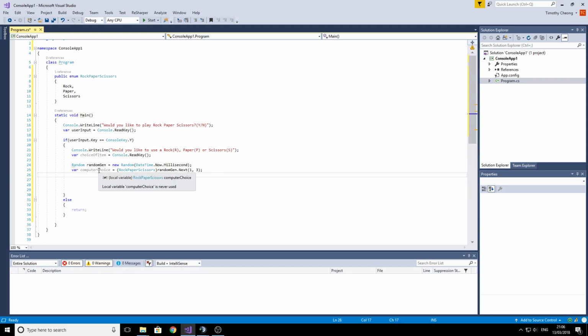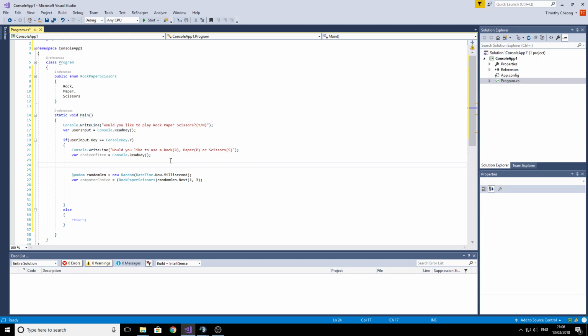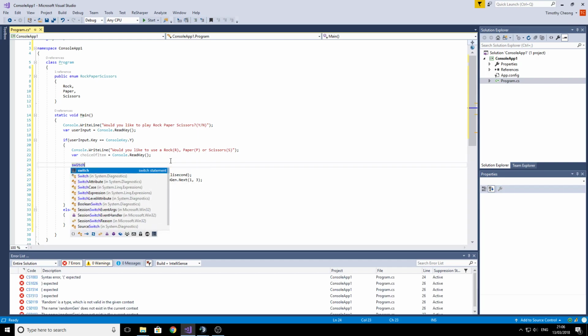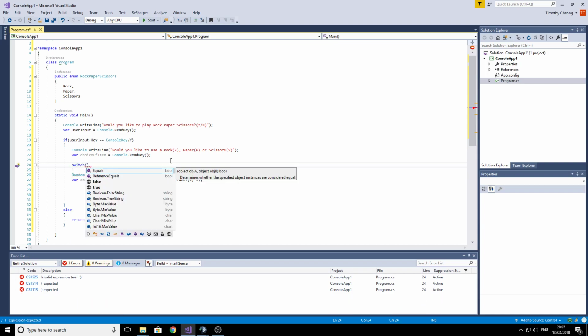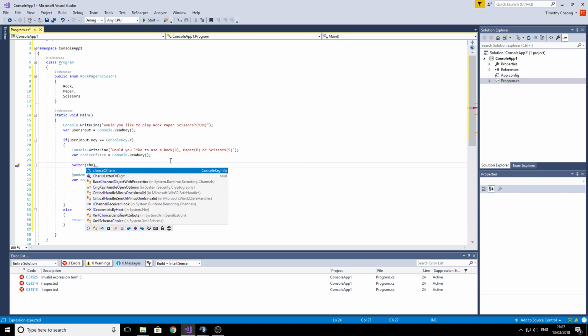So now instead of this being enter, you can see it's now rock, paper, scissors, and then we can do the same for the player eventually once we've converted from what they've typed as rock, paper, scissors into another version of the rock, paper, scissors enumeration. So to do that, we can use what's known as a switch statement. So we can switch on the choice of item,